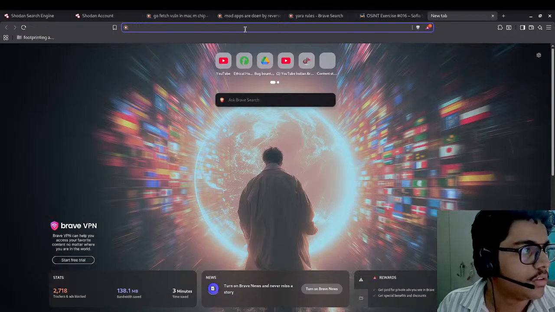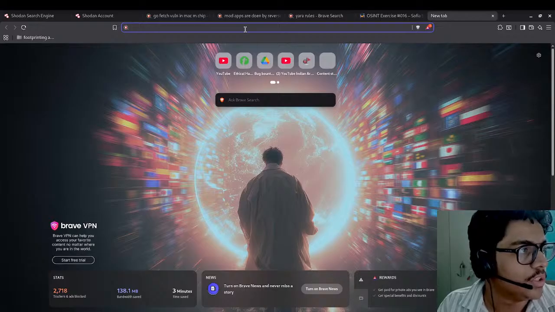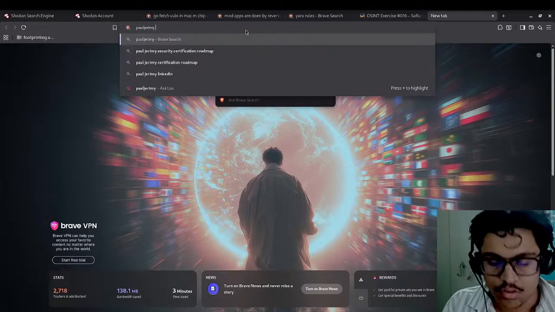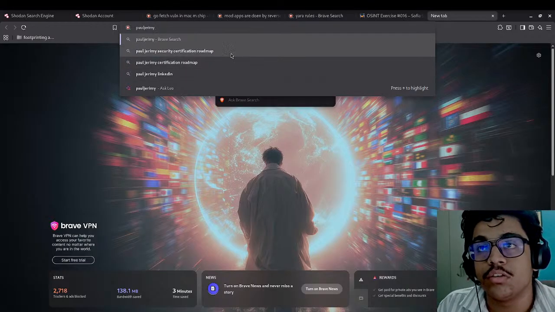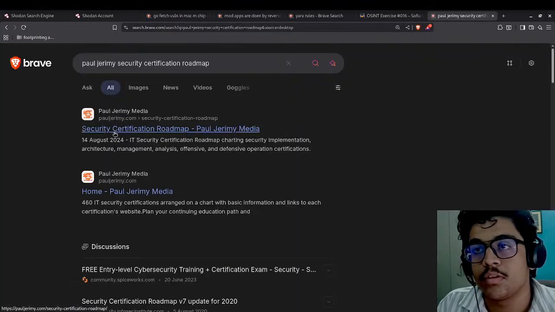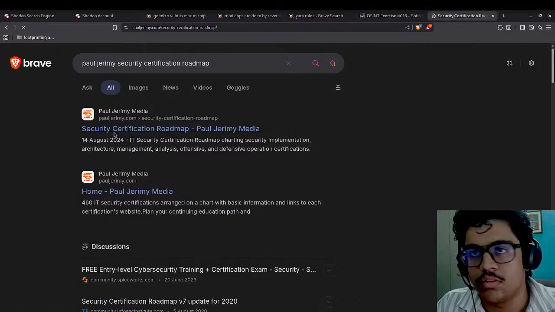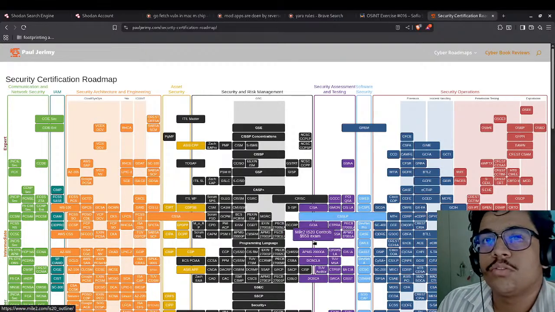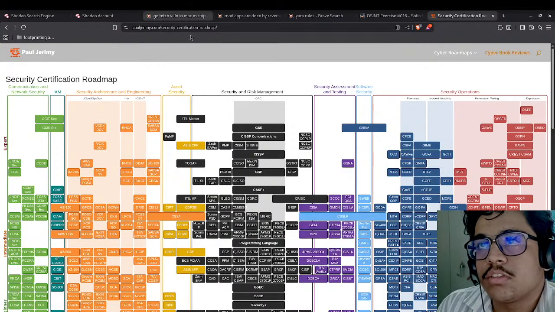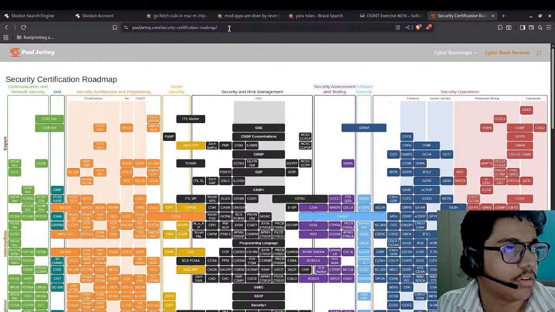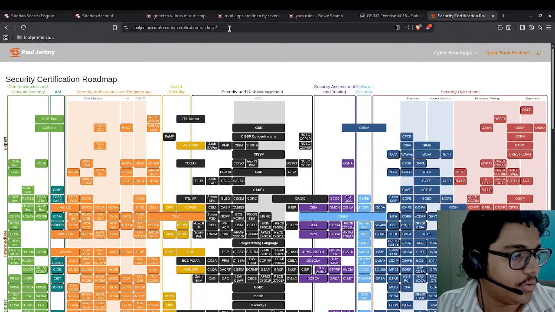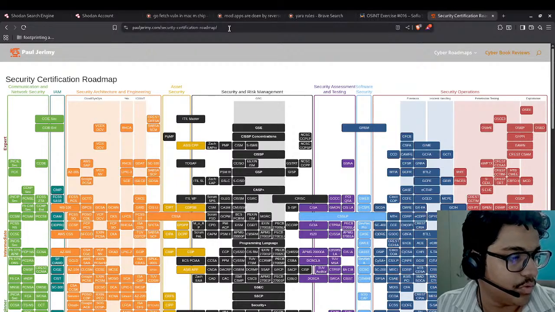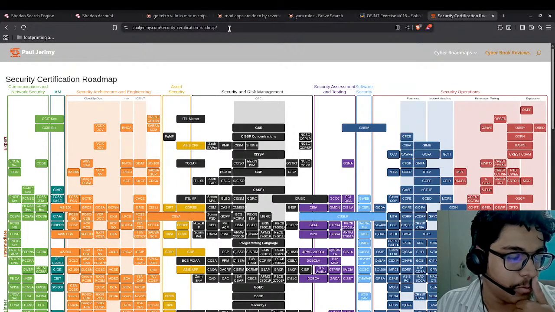So it's the Paul Jeremy Security Certificate Roadmap. I think this is the one. I guess, is it visible? Can I copy paste it here or not? In the chat window, see. So it can be a useful